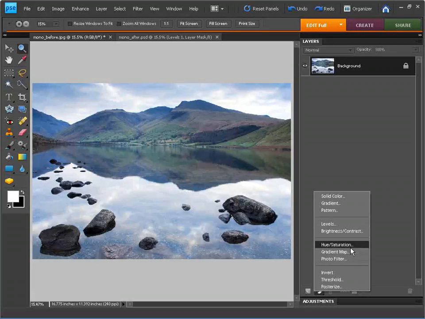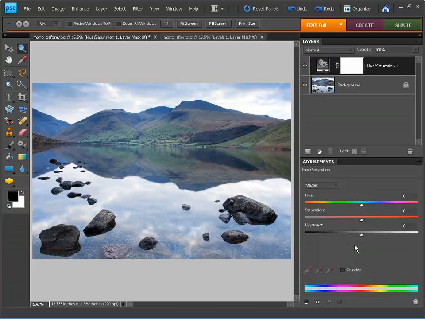But there's a way of cheating in Elements, and that's by going to Hue Saturation and creating a Hue Saturation adjustment layer. So there's our adjustment layer on top of our layer stack, and the way to convert to black and white initially is to make a very rough and ready conversion by dragging the saturation slider down to -100. That completely desaturates our image, so there's no colour information, or at least there appears to be no colour information,